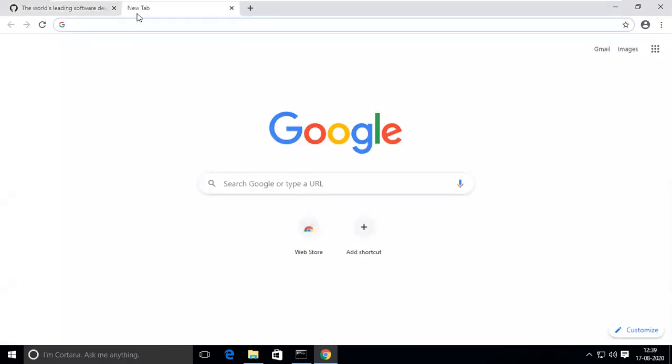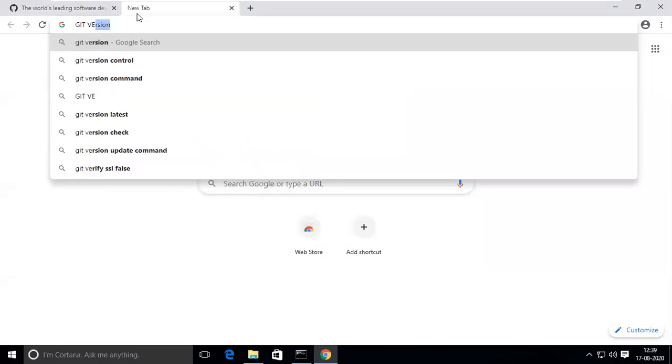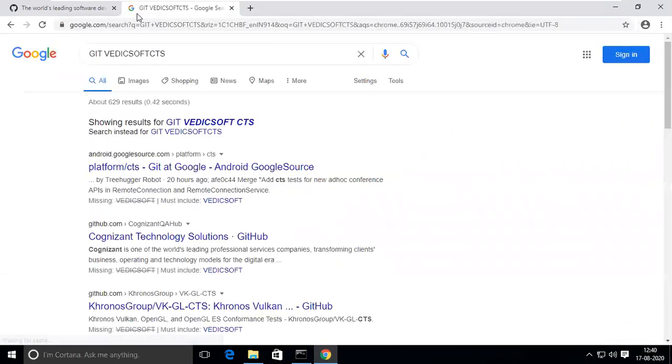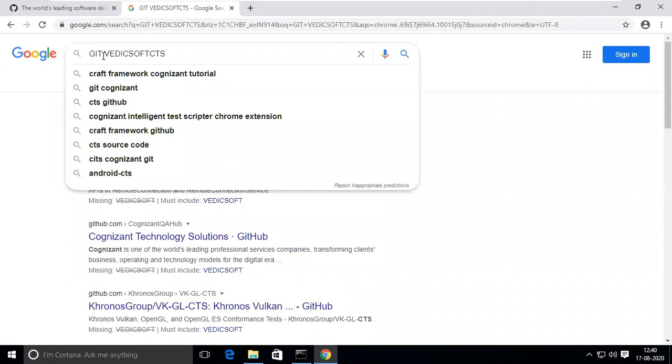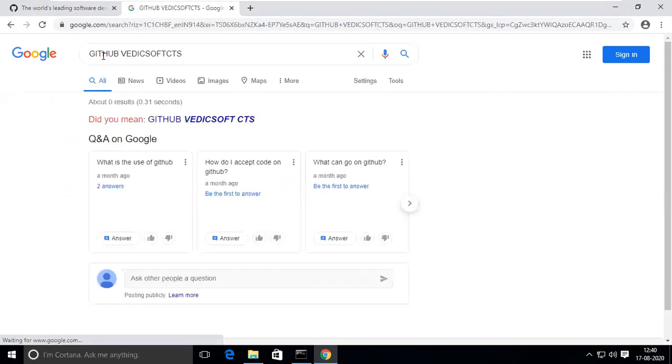I already developed some projects, right? So GitHub, Vedic Soft, CTS. This is what I created. I have one of my own also there. Why is it working like this?